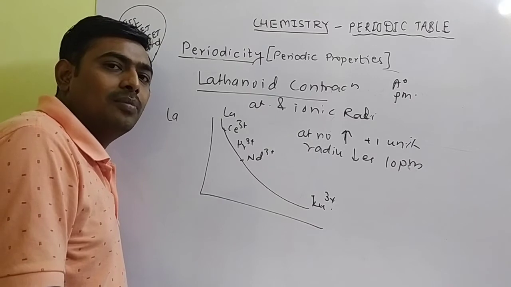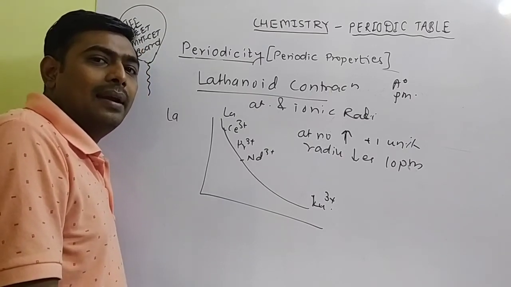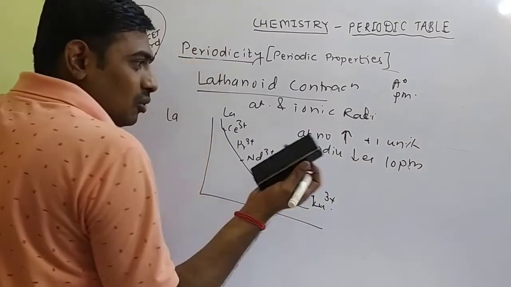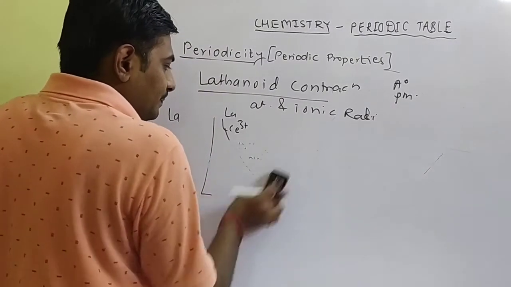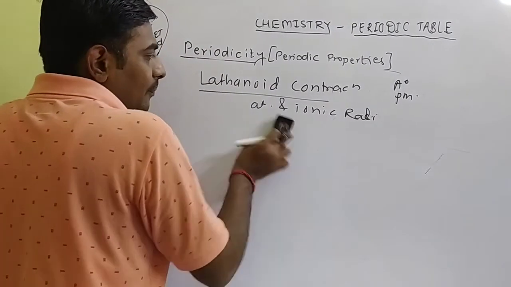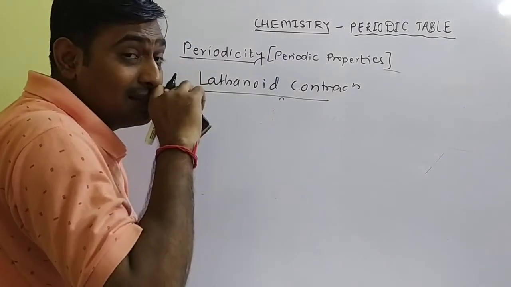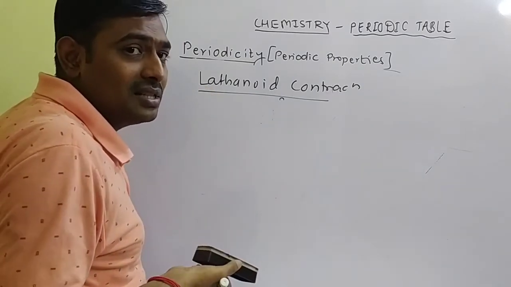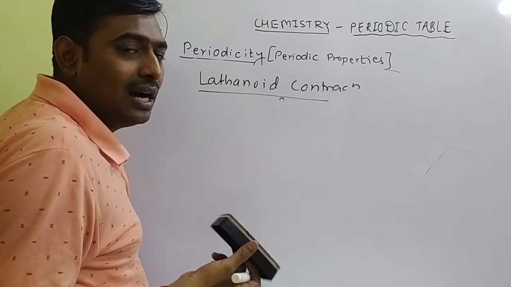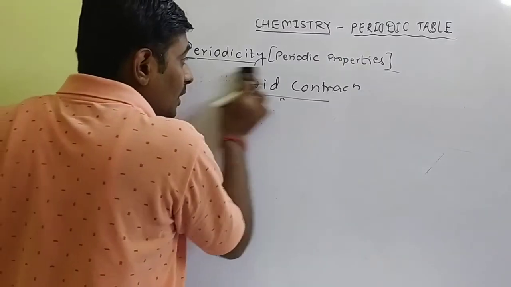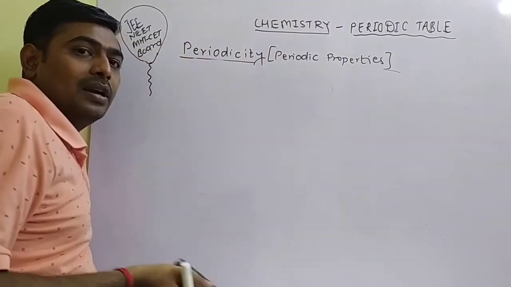There are three effects that will be observed: decrease in basic character, chemical twins, and Fajans rule. Fajans rule means decreasing basic character of cations as lanthanide contraction is observed. One more interesting theme that we will discuss in the next video is how the Fajans rule relates to chemical twins, where post-lanthanide elements show the same properties as the lanthanide series.